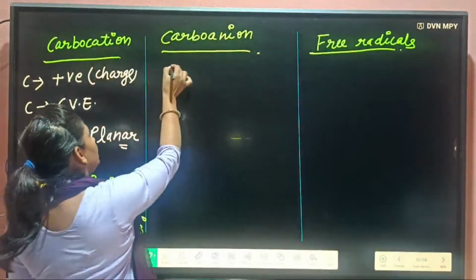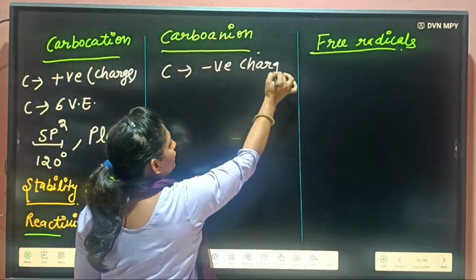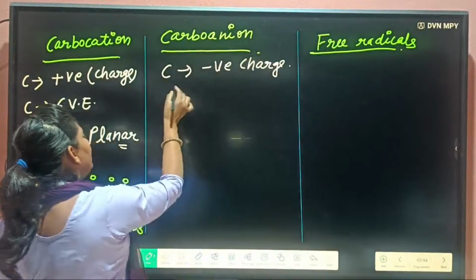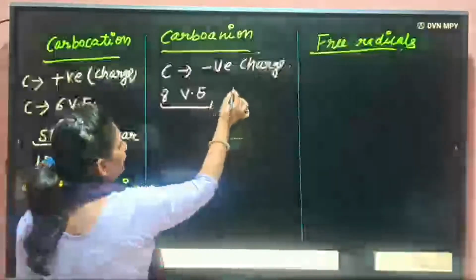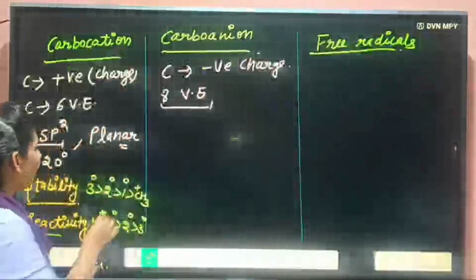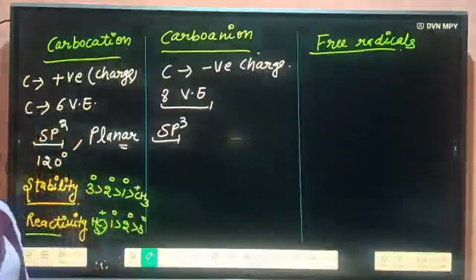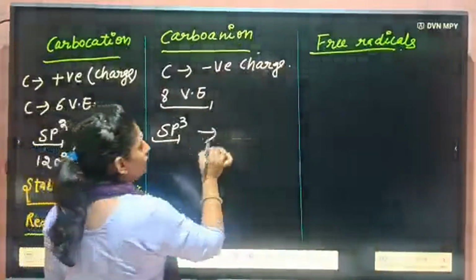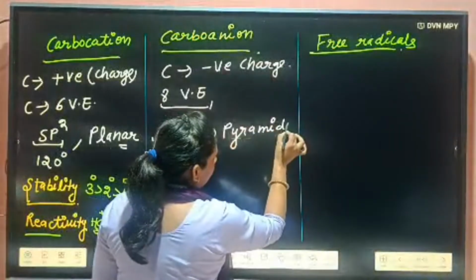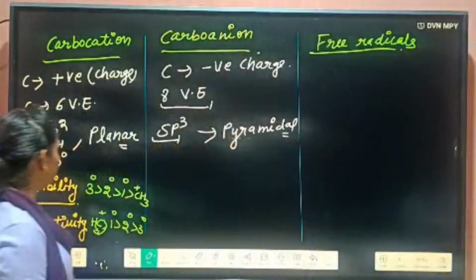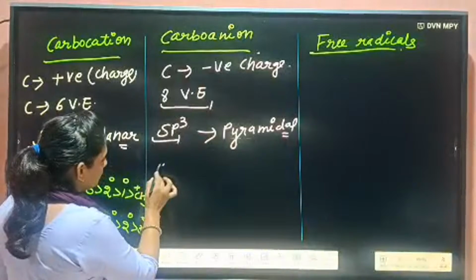Then in carbanion, carbon has negative charge. Carbon has 8 valence electrons. Carbon is sp3 hybridized. Shape will be pyramidal. Angle will be less than 109 degree 28 minutes. And stability order